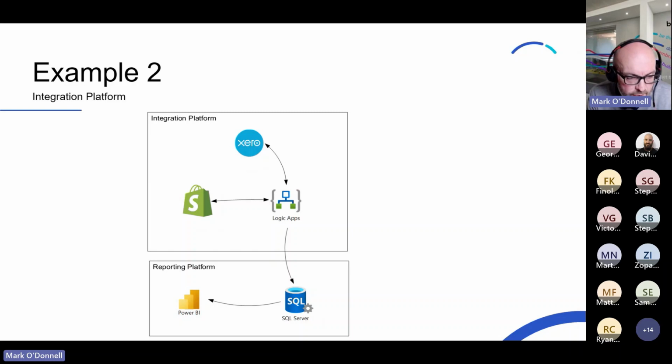But I've also extended this out to deliver data into a database as it passes through the integration platform, which means that Power BI can be pointed at that Azure SQL server that I've put on the reporting platform, and you can actually see what's happening in real time. So you can see the value of the orders in the last hour, for example. So you may need other components, depending exactly what you do. If you're actually trying to do proper real-time stuff on this reporting platform, then you might need some other components to enable that. But as a general pattern, it's definitely valid.